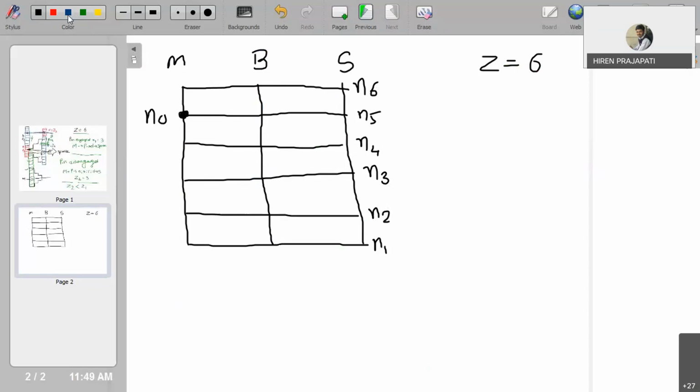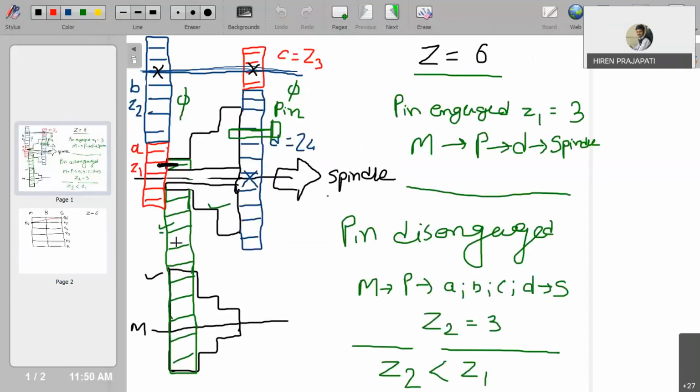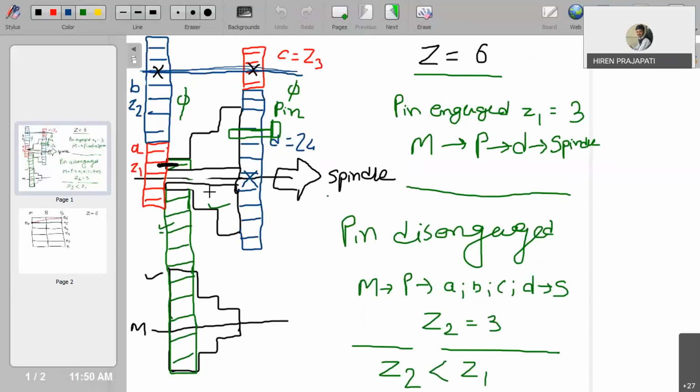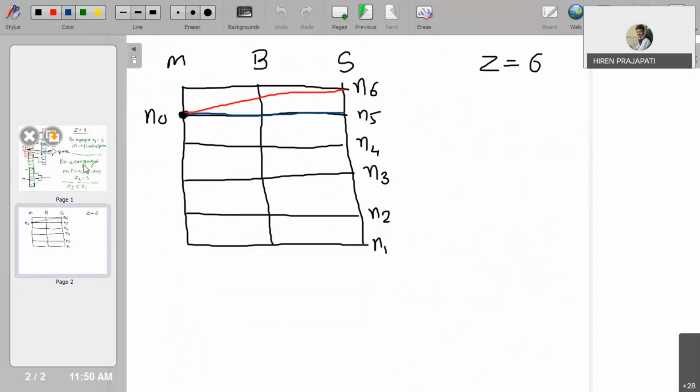And now I draw 3 lines. First is motor to n6, which means this position of the belt will give us n6. If I switch to the next, then the diameter is increased on the output shaft, so I get a reduction in speed. So next we get n5. And again if I switch position from second to third, then we get maximum reduction in speed. Then next is n0 to n4, right? So these are the 3 speeds which we get.